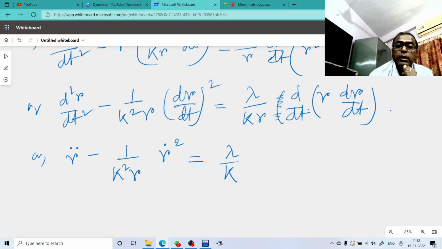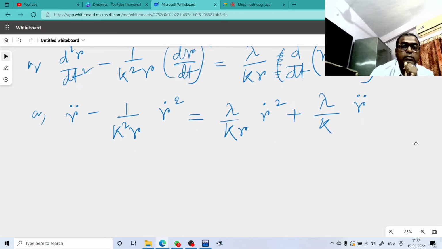Here, after differentiating this, r dot into r dot square, and this is equal to k into r dot square, because of the product rule: eta into eta differentiation plus eta into eta differentiation, r into d²r/dt², r cancels. So this equals λ/k into r double dot. This is the result, and after simplification you get r double dot equals to